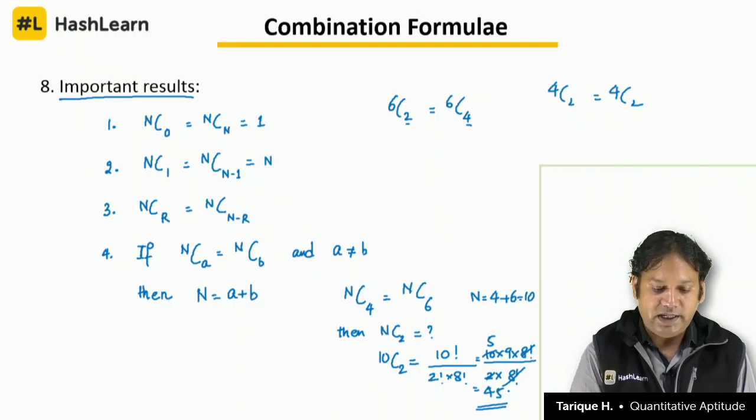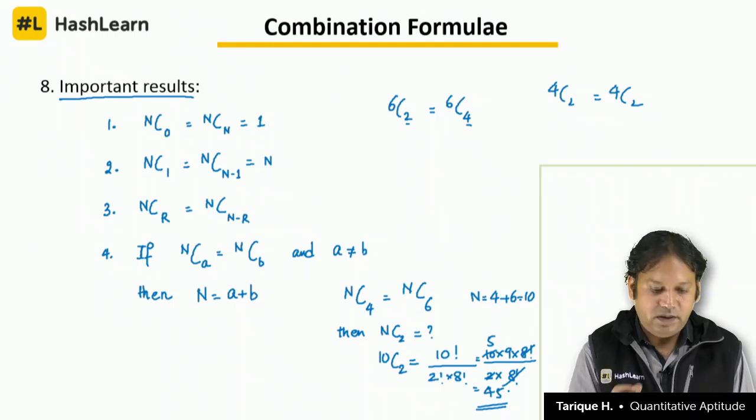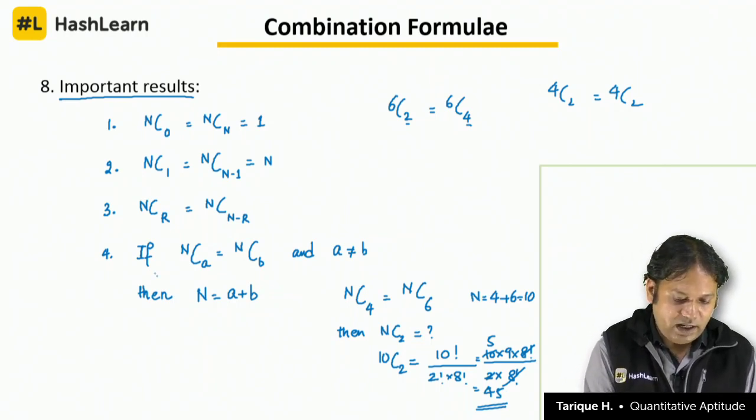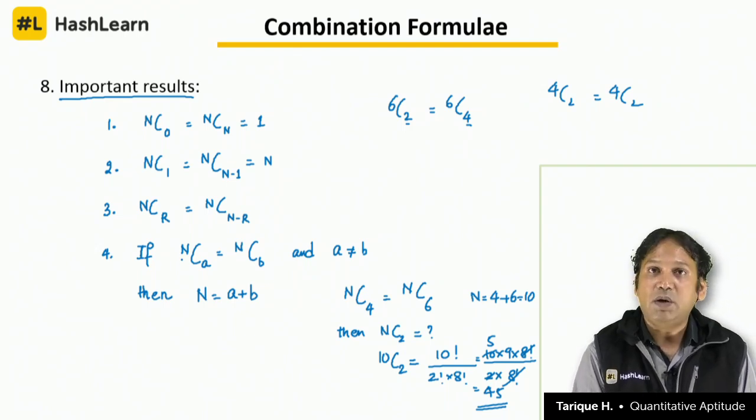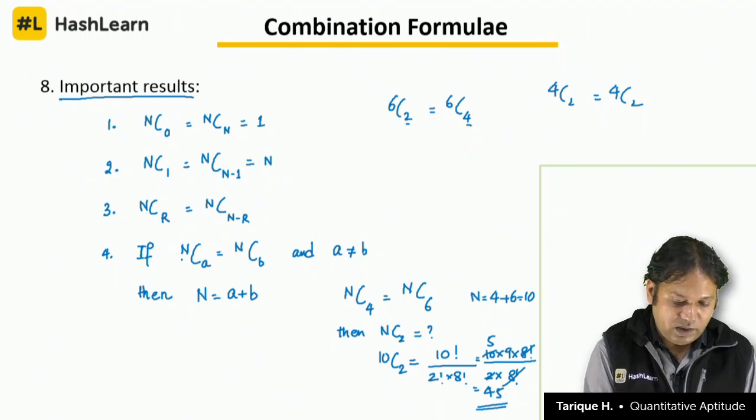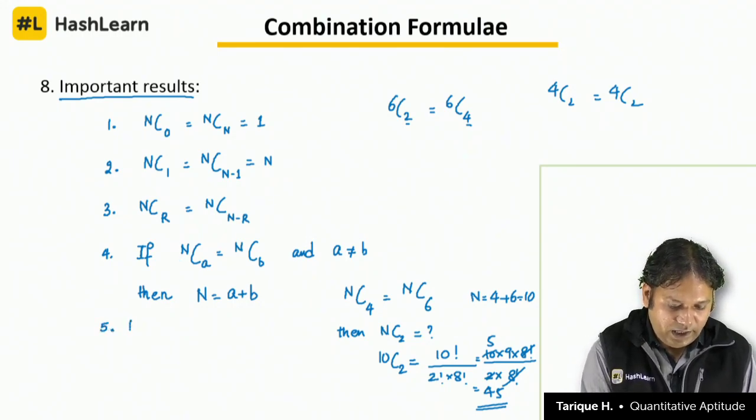nC0 is equal to nCn equal to 1, nC1 is equal to nC(n minus 1) equal to n, nCr is equal to nC(n minus r). If nCa is equal to nCb and a is not equal to b, then n is equal to a plus b. One more result you can remember is this, that nC2